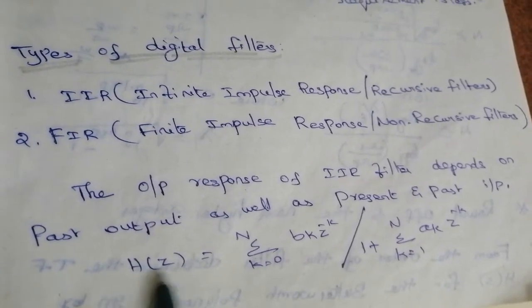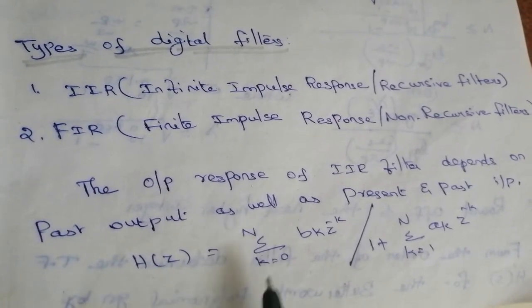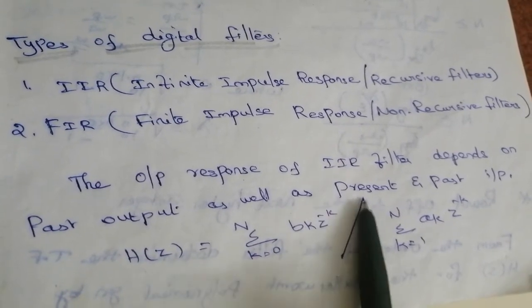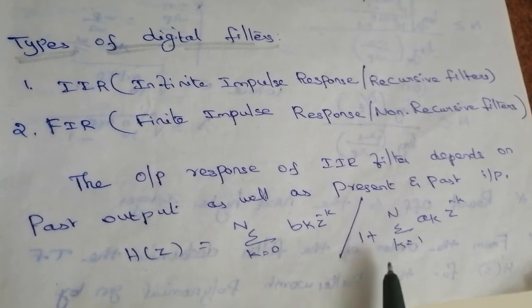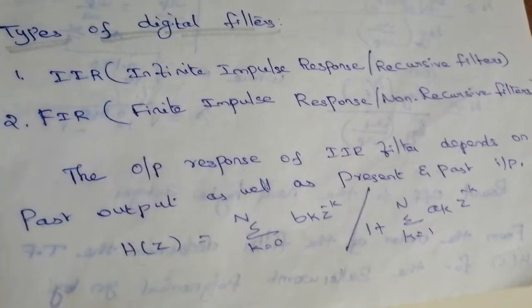So the transfer function of an IIR filter is H(z) equal to summation k equal to 0 to n of p_k z^(-k), divided by 1 plus summation k equal to 1 to 2n of a_k z^(-k)